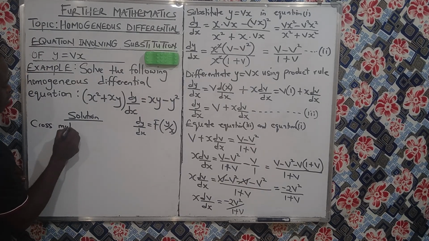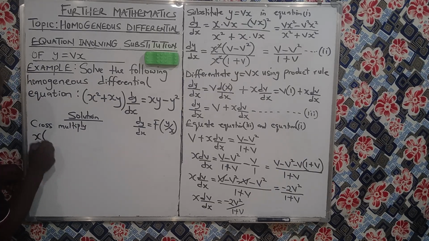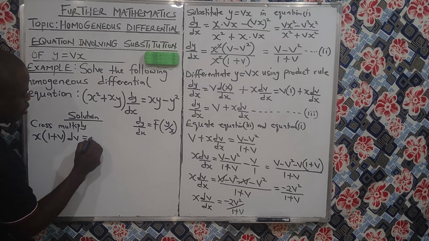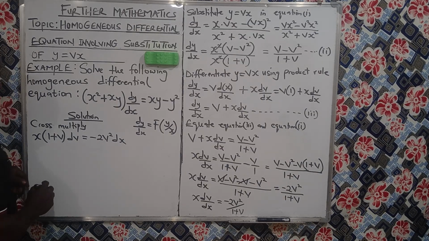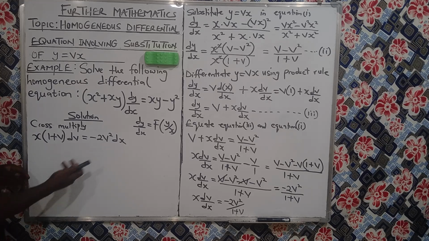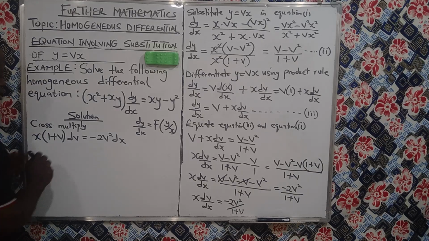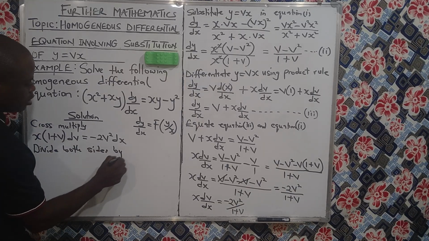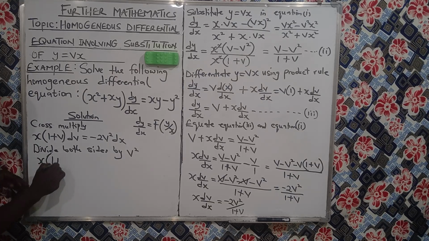Cross multiply. When you do that, you have x times (1 plus v) dv equals minus 2v squared dx. From here, you can see that we need to take v squared to the left hand side, dividing both sides by v squared. Now we have x times (1 plus v)